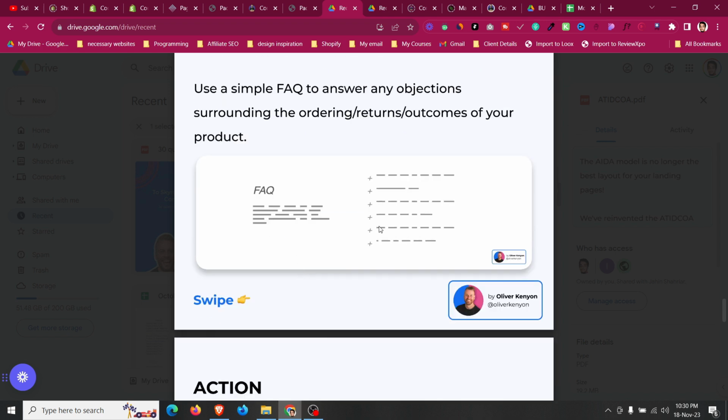We can add them as an FAQ into that particular section, which is referred to as the objection section,